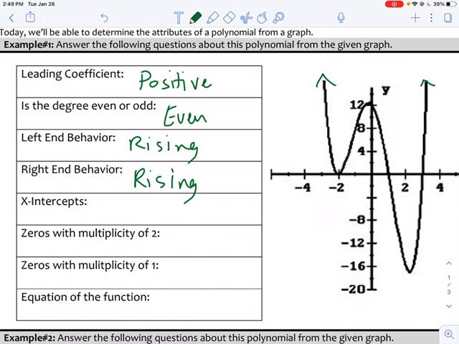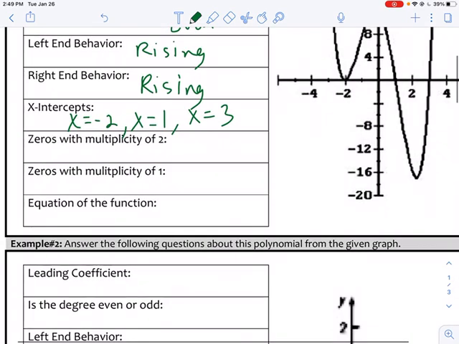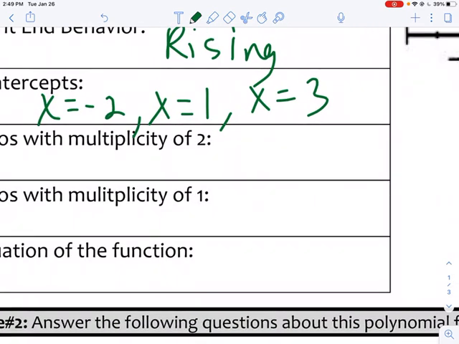And so then our x-intercepts here, we've got x-intercepts at -2. So we're looking right here where it's crossing the x-axis. We've got x-intercepts at 1 and at 3. Now remember, multiplicity of 2 and 1, it's not specific to 2 and 1, but essentially an even multiplicity or an odd. So as we think back, remember this is going to have a bounce,